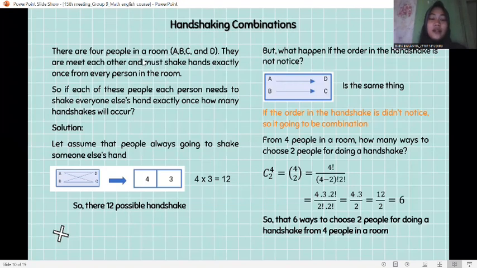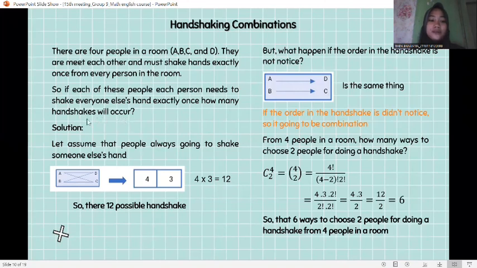There are 4 people in a room, A, B, C, and D. They all meet each other and must shake hands exactly once with every person in the room. So if each person needs to shake hands with everyone exactly once, how many handshakes